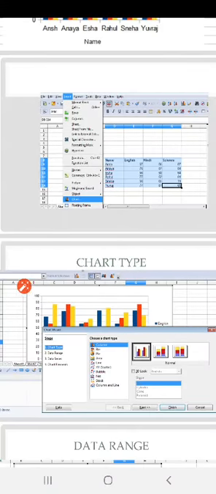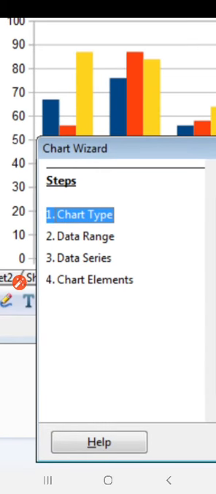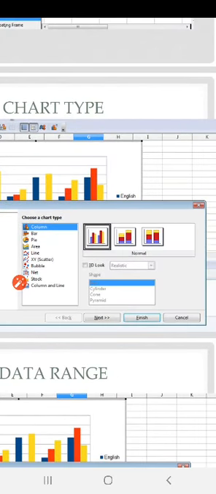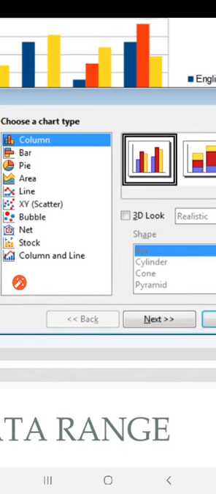A dialog box opens. It has 4 steps, you can see here: chart type, data range, data series, chart elements. First of all, it will ask you to choose the chart type. You can see here the various chart types like column chart, bar chart, pie chart, area chart, and so on.